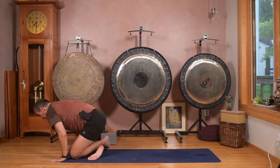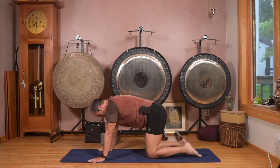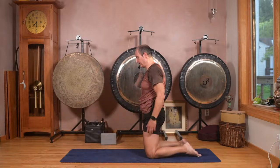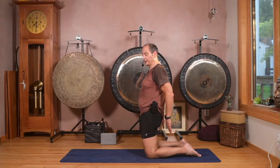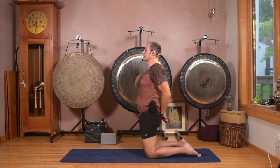And let's come onto our hands and knees. Centering on your mat into 4 points. From here, simply rise up on your knees. We'll take both arms behind us, stacking one palm on top of the other, lifting the shoulders, rolling the chest